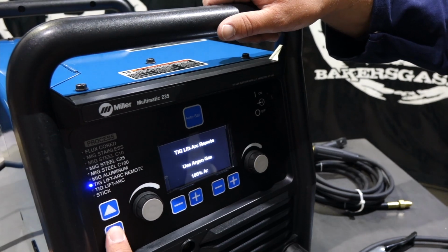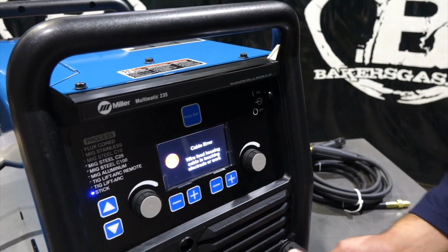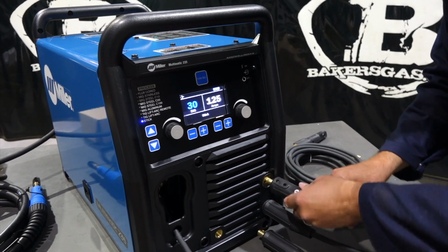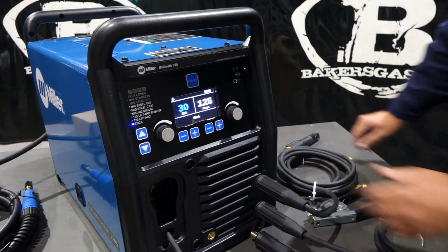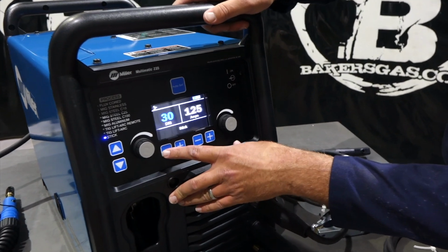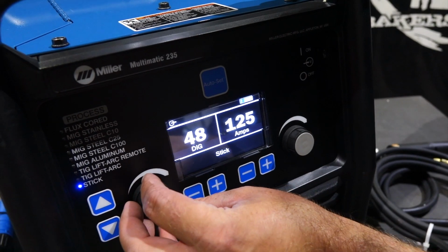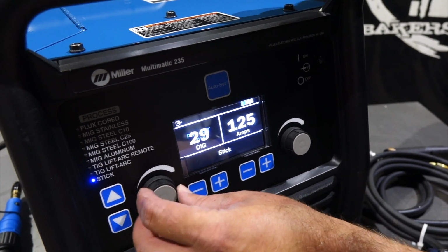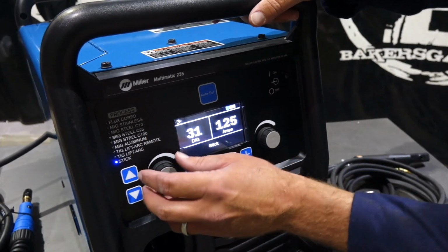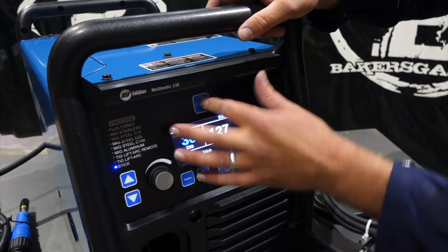Let's go down to stick here, no gas, cable there. So we hooked up our stinger whip. Now we're going to adjust our dig up and down, and that is your, let's say, arc control for that particular electrode. Now notice it says Pro set for 7018. Then we can adjust our amperage over here. Now if we go auto set,